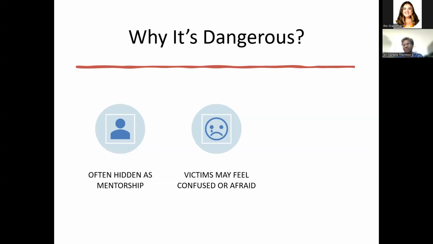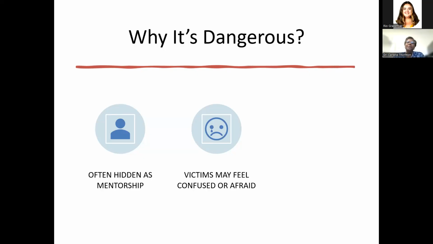And if I speak up, will I lose my job? Will I be retaliated against? What's going to happen to me if I speak up? Well, he said that he was only trying to help me, but he offered me alcoholic beverages, or he offered me a pill, or he said I was stressed and looked like I needed to relax, which I was because I have test taking anxiety, or whatever issue. And he just offered me a massage, but then he wanted me to take my shirt off.